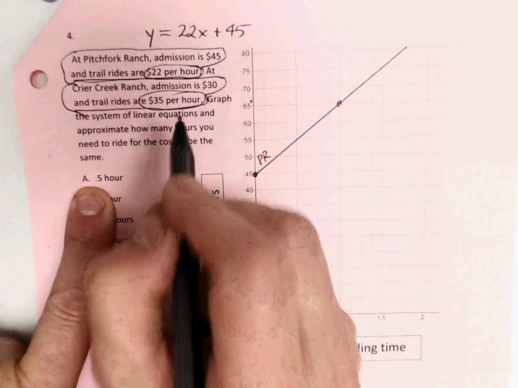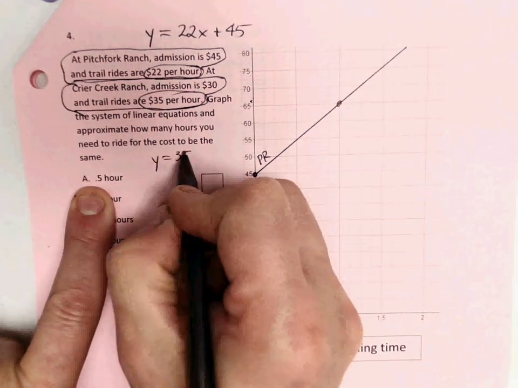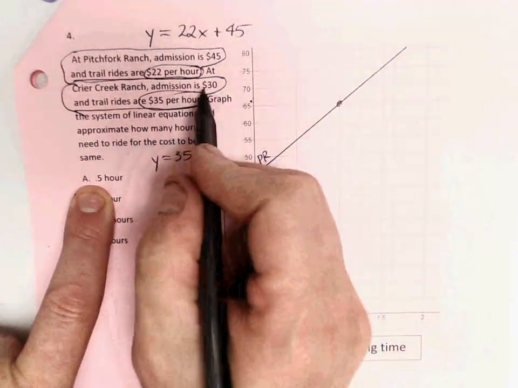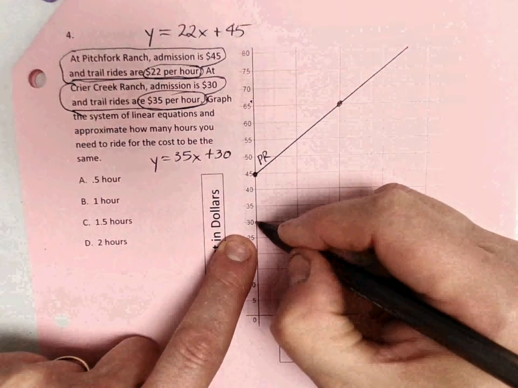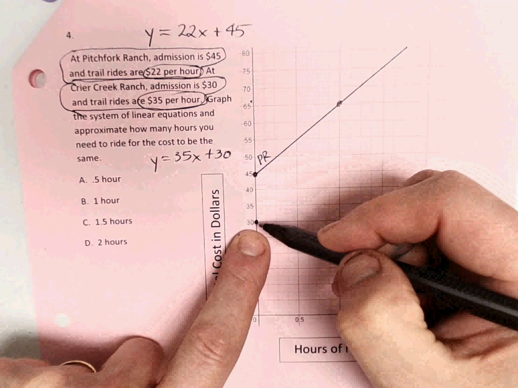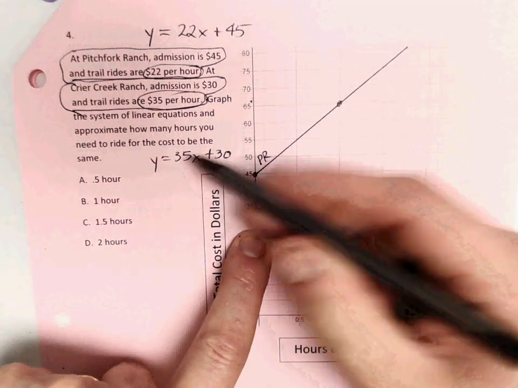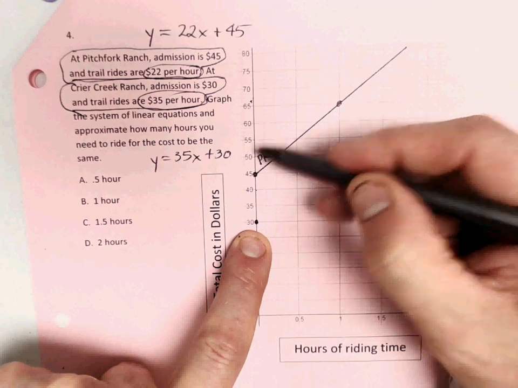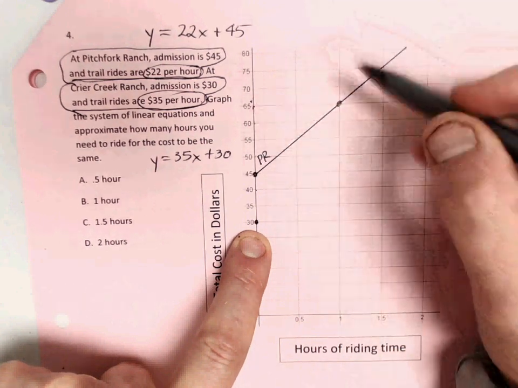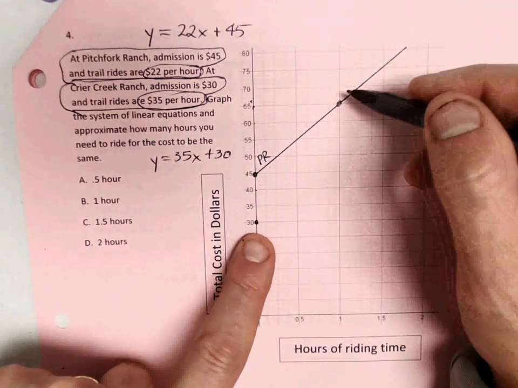Yes, $35 per hour. So that's my slope. One-time admission fee of $30. So I could do that one as well. My y-intercept is 30. My slope is 35 over 1. So if I go up 35, 10, 20, 30, 35, and over 1, and I'm going to be,